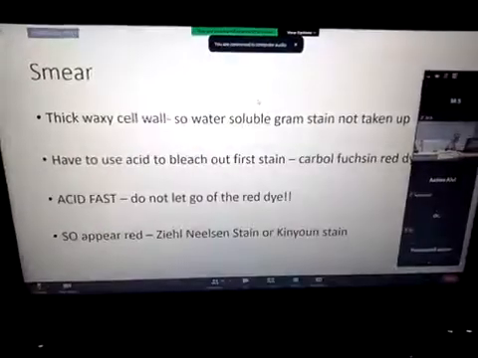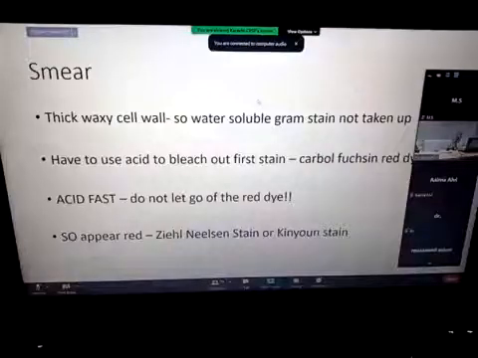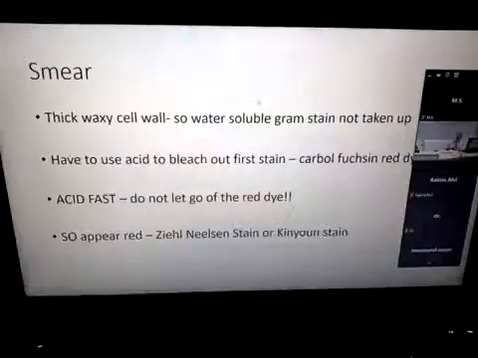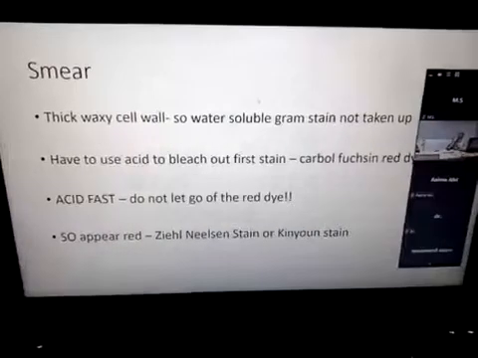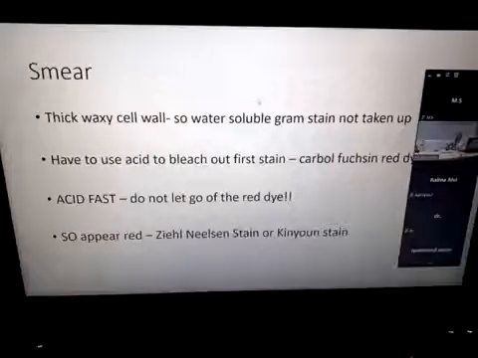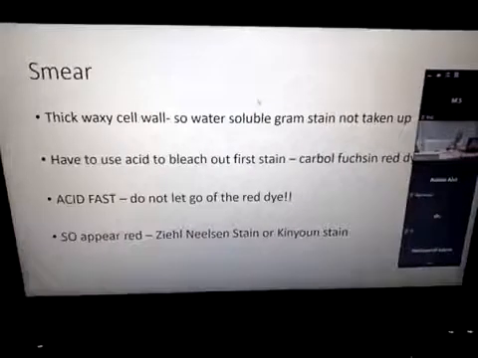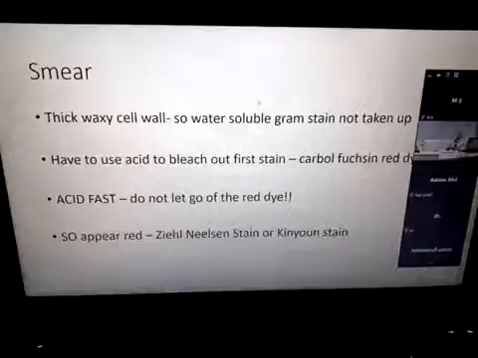It has phenol in it, and it has both hydrophobic and hydrophilic ends. So like a vehicle it dissolves and enters the cell, penetrating the waxy cell wall into the cell. And because of it, when we try to decolorize with acid, the acid will not be able to penetrate the waxy cell wall, and therefore the tubercle bacilli, the mycobacteria, will remain red even after decolorization